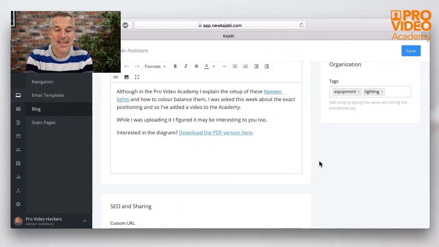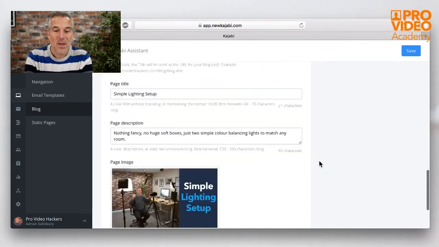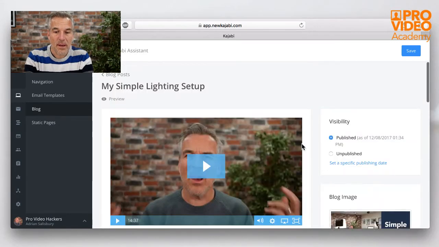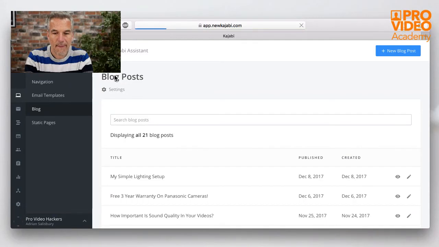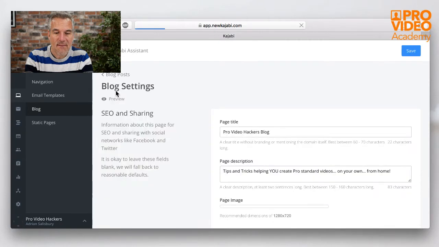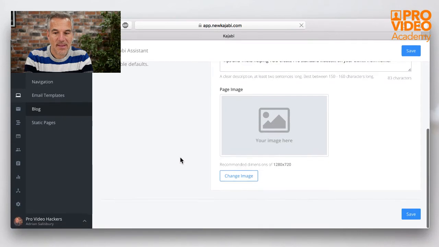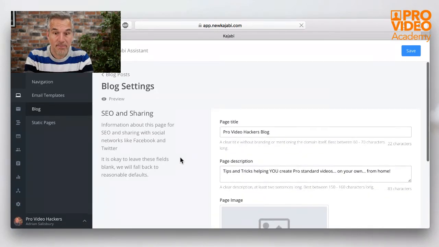And the reason I would tag is that within a blog post, I can choose... let me come out of it. Settings might be in here. No, it's a higher level up than this. Let me think. Okay. Now what I can do is I can choose, and I can get to it, but it will take me ages to get to it.